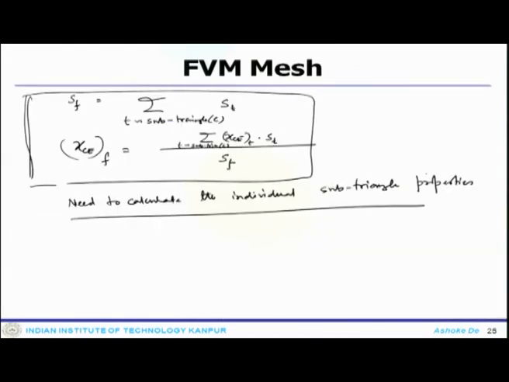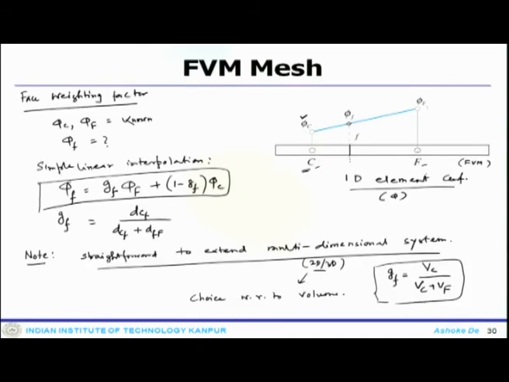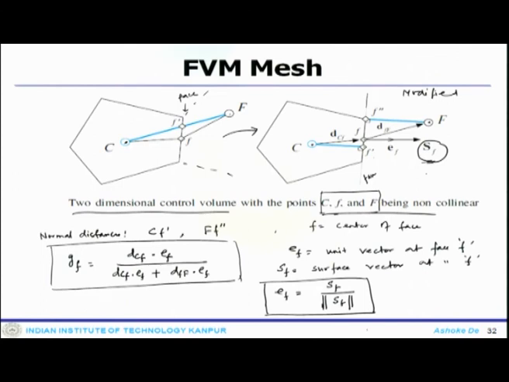You need to get a proper estimate of the polyhedra and the surface vector, and it may be possible that the connecting neighbors are not collinear, so you have to estimate their weighting factor. All of these point towards only one thing, the calculation of the gradient,